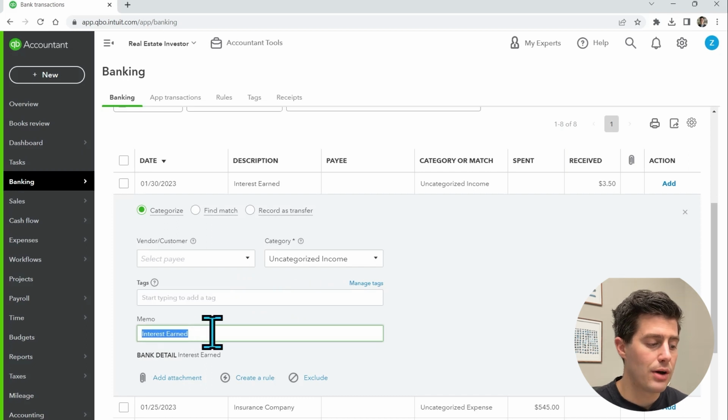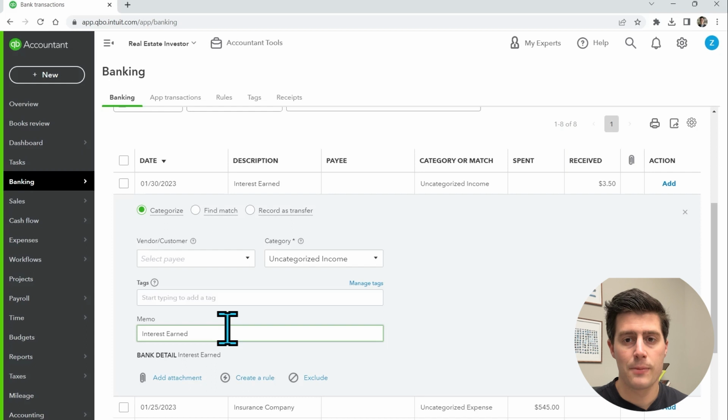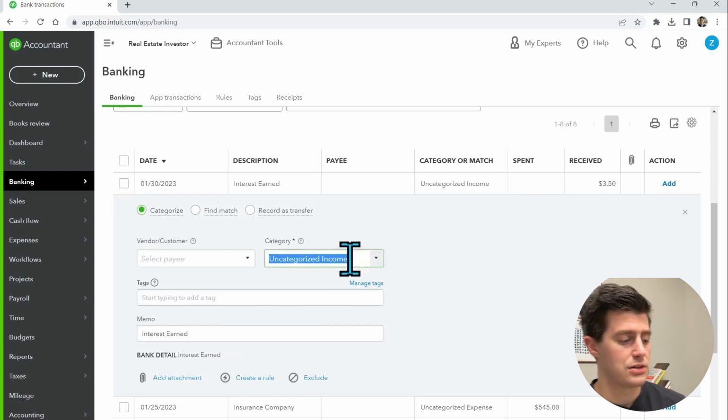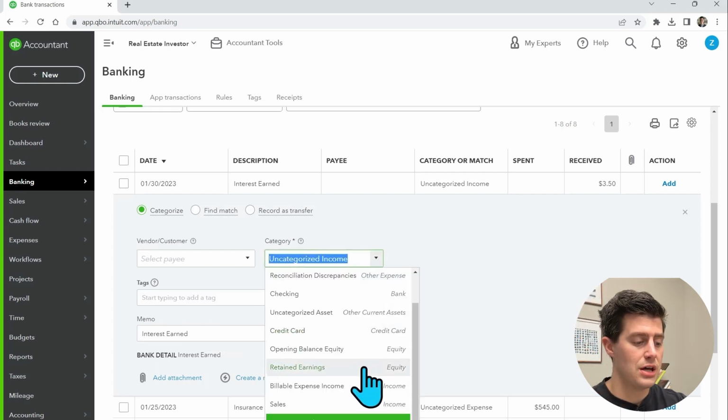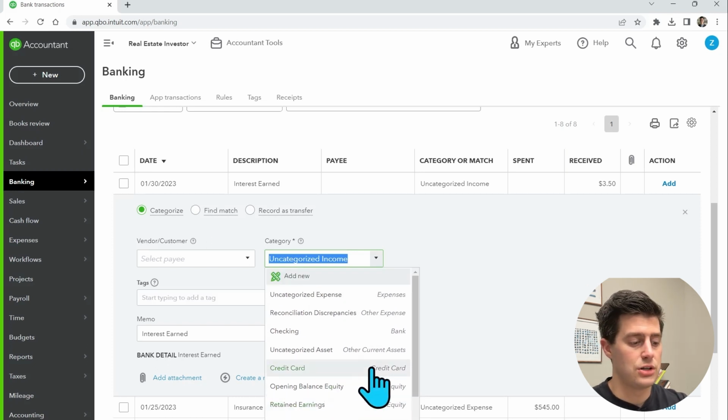And then the memo right here, it just defaults to include the bank detail directly from the bank. Don't change it unless you really want to, or unless your client really wants you to add specific bank details to the memo. Okay, so very simply here, QuickBooks no longer gives you a long list of chart of accounts, so you don't have to worry about